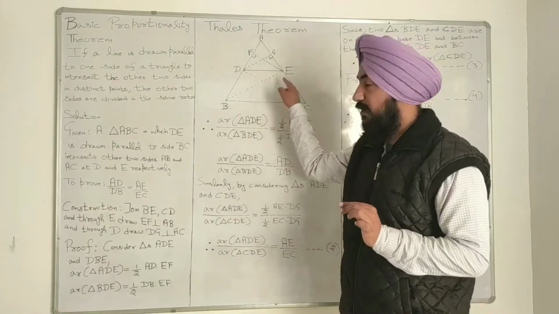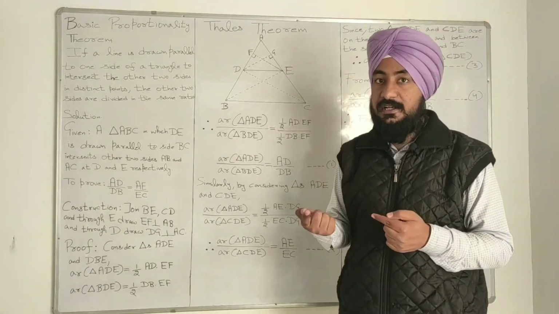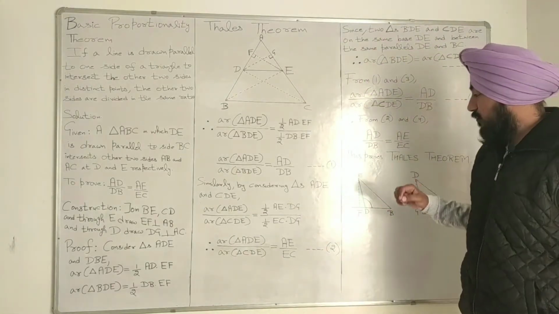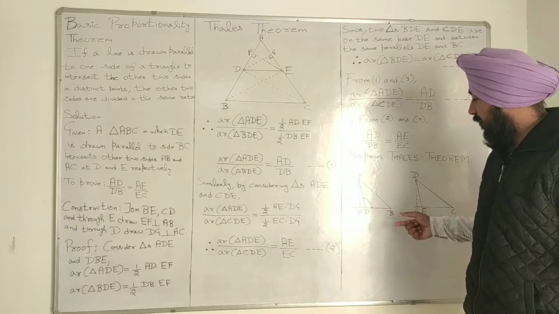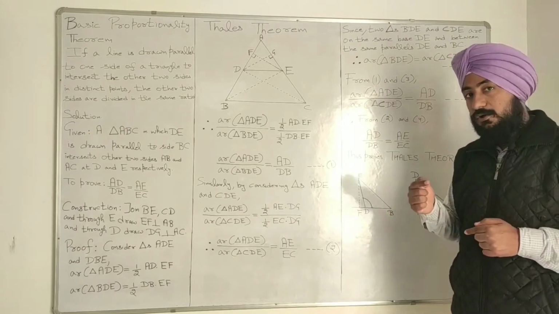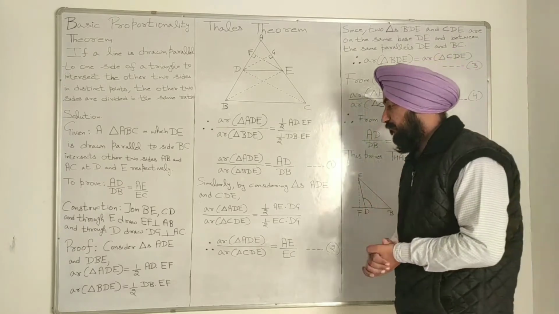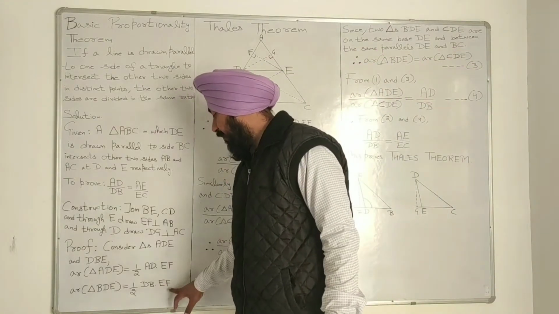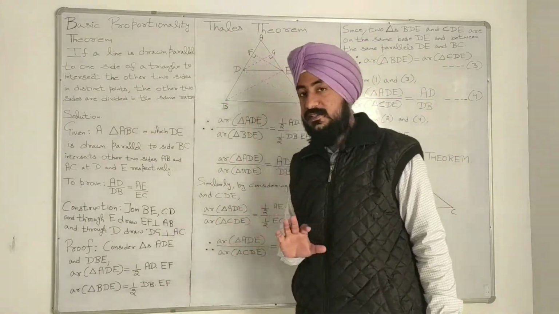of this triangle DBE. We can't take the height of an obtuse triangle inside the triangle, so we have to take a perpendicular or height outside the triangle, and for that we have to produce or extend the base, and we have to take the height outside the obtuse triangle. So here EF is representing the height of this triangle DBE. So 1 by 2 DB multiplied by EF. This DB is the base of this triangle and this EF is representing the height of this triangle DBE.